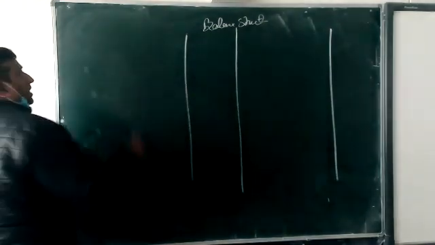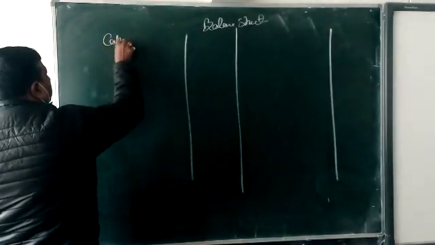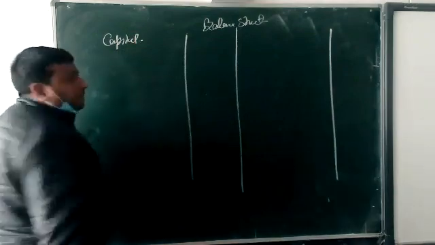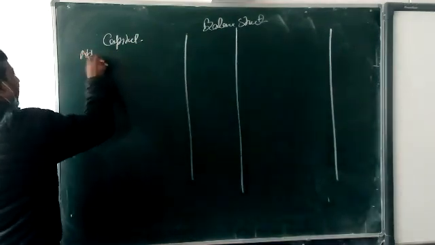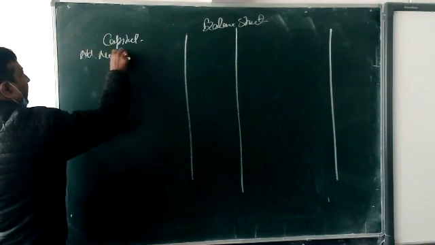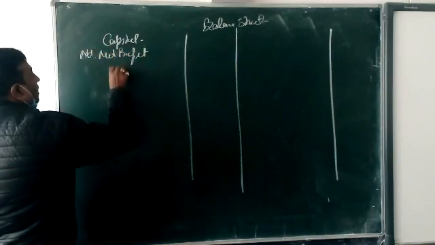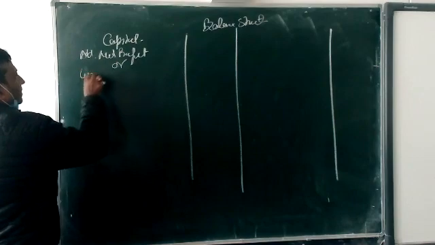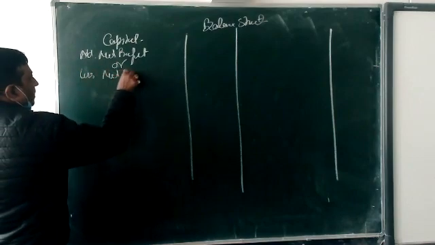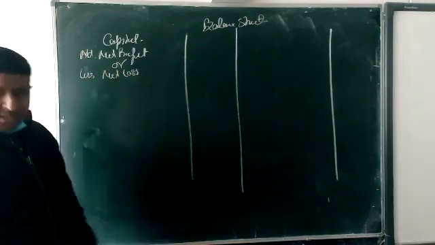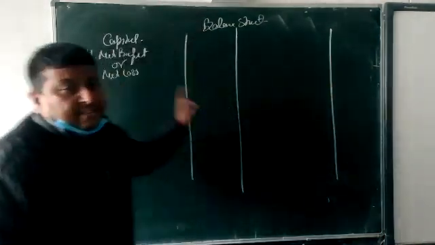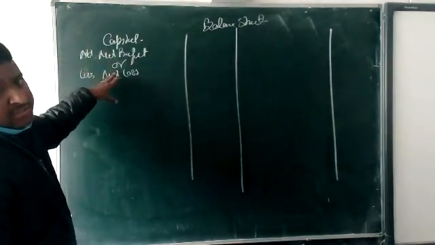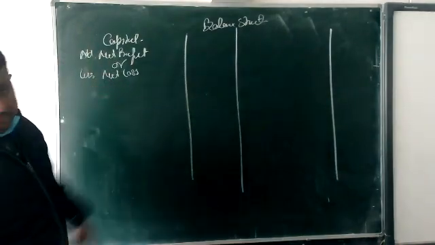First we are putting here capital. Okay, beta? Capital. What capital is given in the business? That we are putting here. Then add net profit or less net loss. Okay, beta? After making the PL account, we are going to make this balance sheet. If net profit is there, that will be added to the capital. If net loss is there, that will be less from the capital.